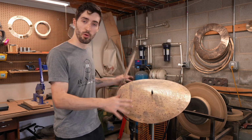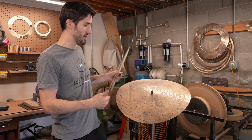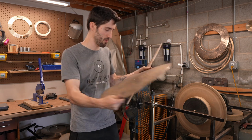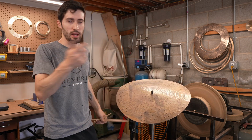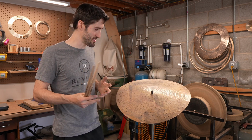I've done very minimal processing to it. It's only had hammering from the underside, and then it's had burnishing on top. And the whole point is to get a cymbal that's really, really floppy and shaped in a little bit of a U shape. And then you just stack different diameters on top of it, and you get an 808 clap sound. So I had this one left over, and I want to do an experiment today and see if I